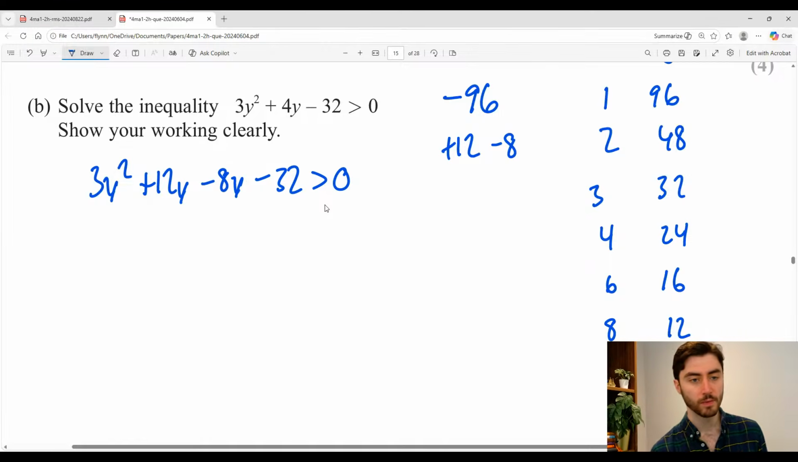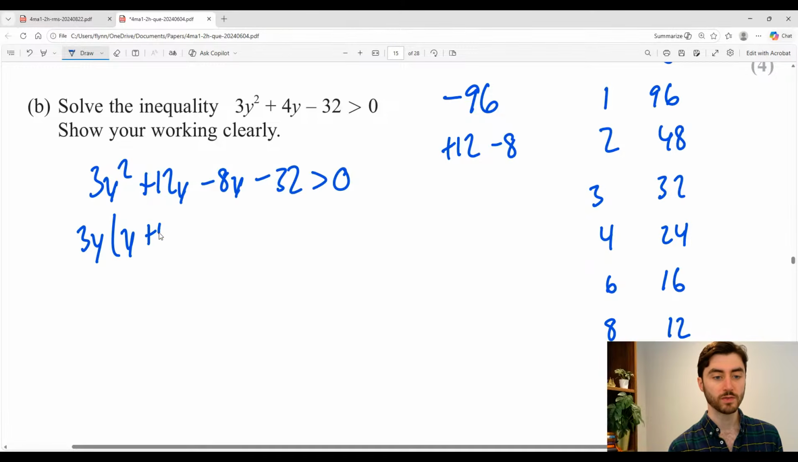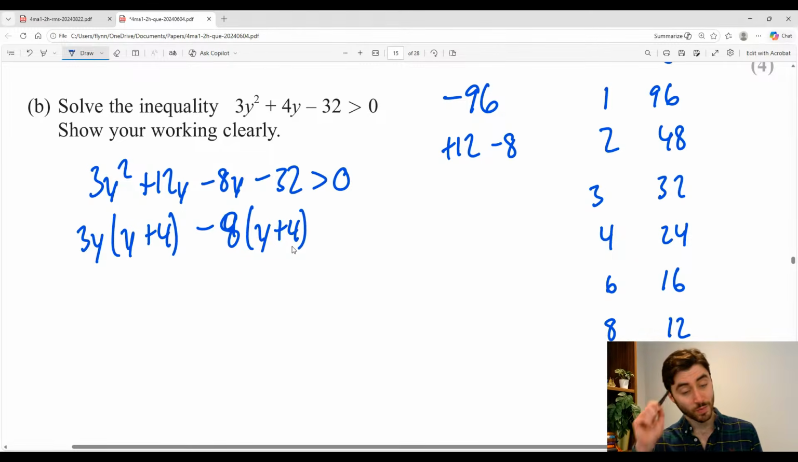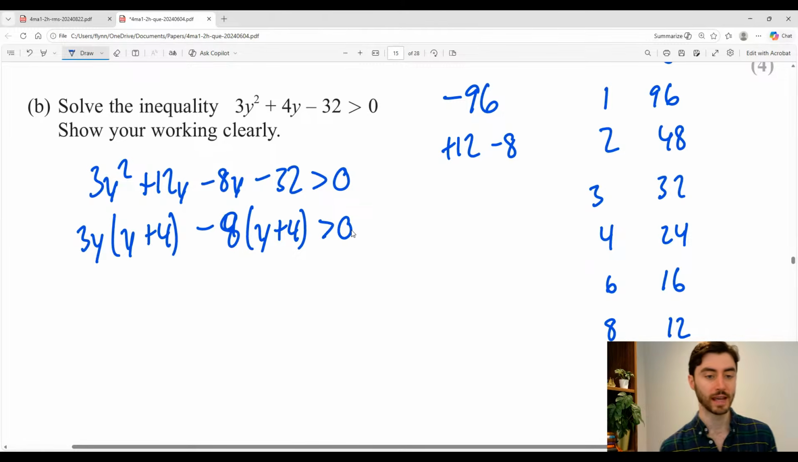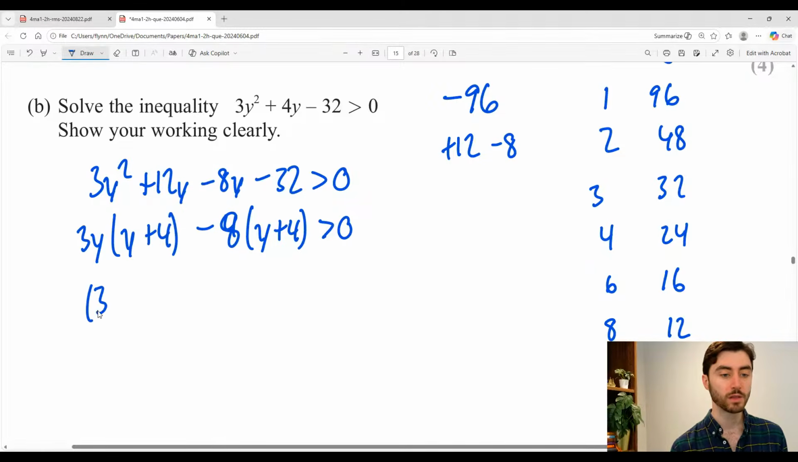Well, bigger than 0. Factorize in pairs. So this is 3y into y plus 4. And then we can take out a minus 8 here to get a y plus 4. The reason I did that is I know these brackets have to be the same, which is why I didn't take out a 4, I took out an 8. So then I'm left with 3y minus 8 times y plus 4 is bigger than 0,